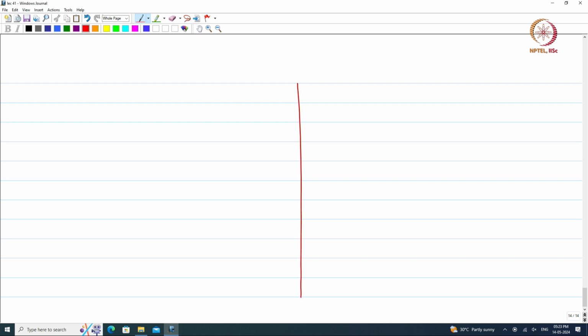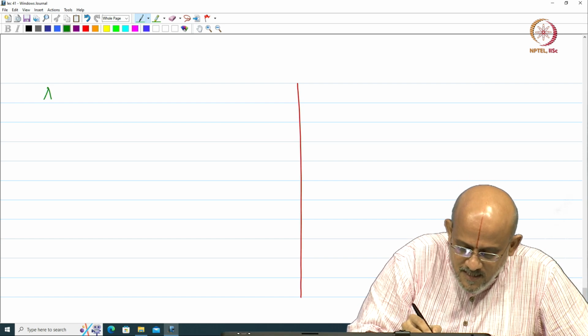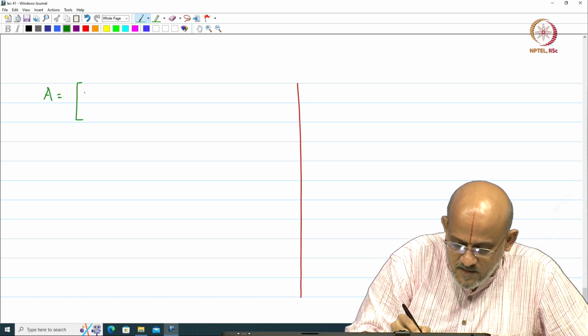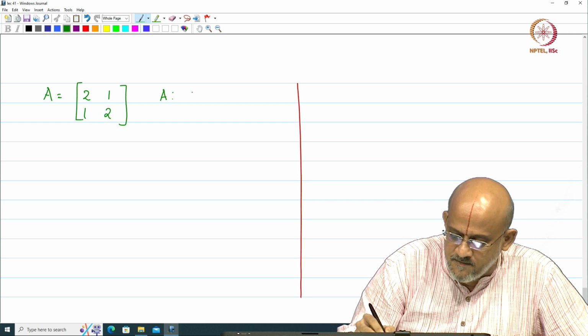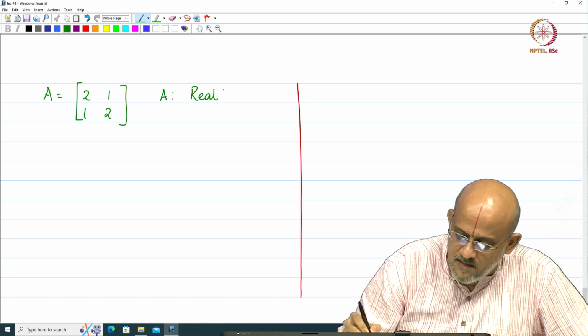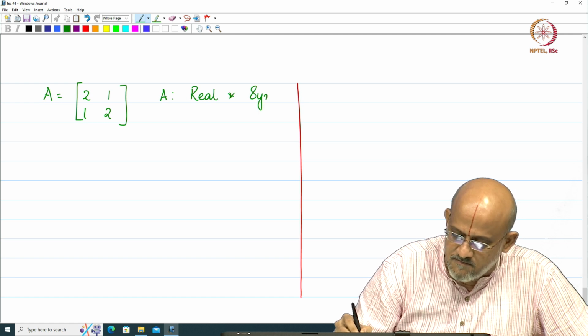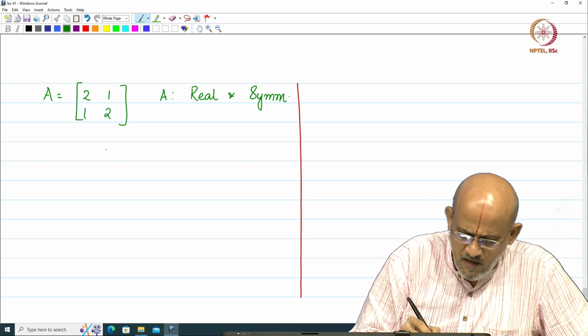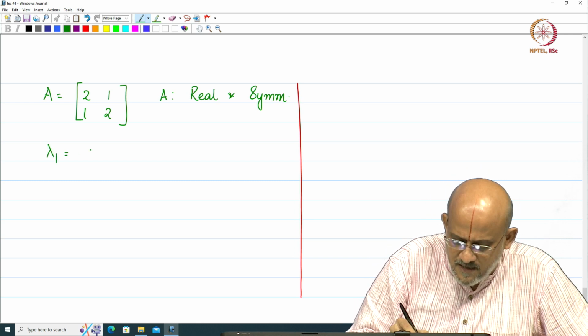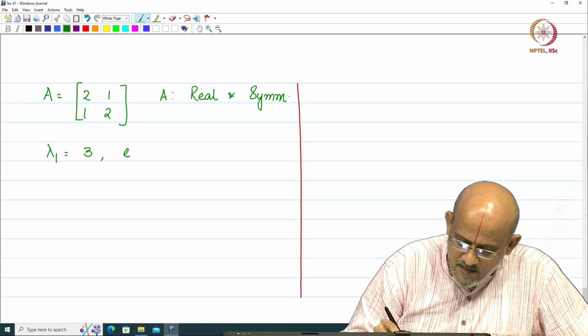The first thing is, as always, we will take the simple example, the case of a 2 1 1 2 matrix, which is a real matrix. We have already worked this out in our earlier lecture on 2 by 2. So, let us look at this matrix A, which is 2 1 1 2. So, A here is real and symmetric, right. Now, we know that the eigenvalues for this are lambda 1 is equal to 3 and the corresponding eigenvector,